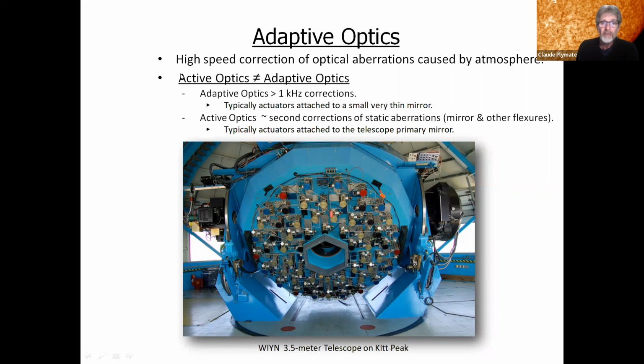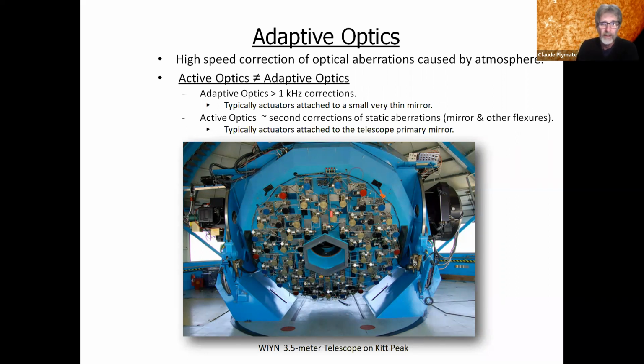Adaptive optics is meant for high-speed correction of aberrations caused by our atmosphere. And when I mean high speed, I mean something in the kilohertz range, several thousands of corrections per second. And typically, the actuators to do that are attached to a very thin, small mirror. The primary mirror, that large primary mirror, just has too much inertia to move at the speed necessary to keep